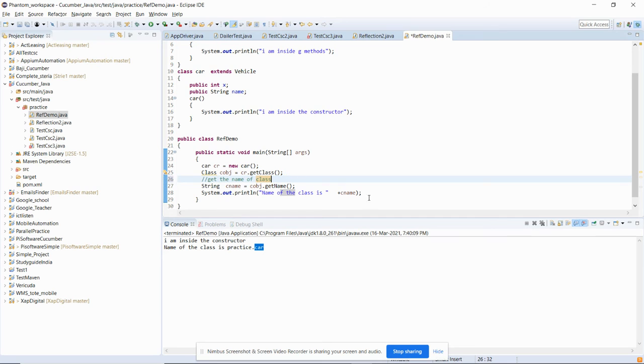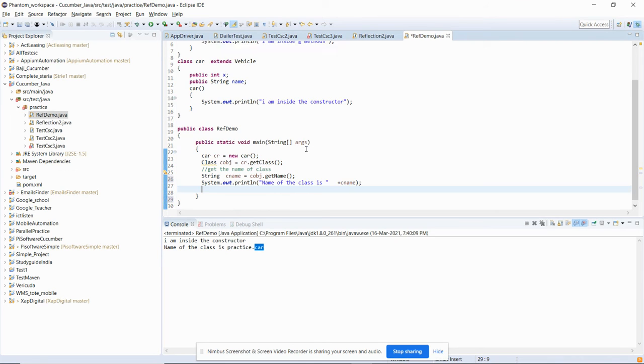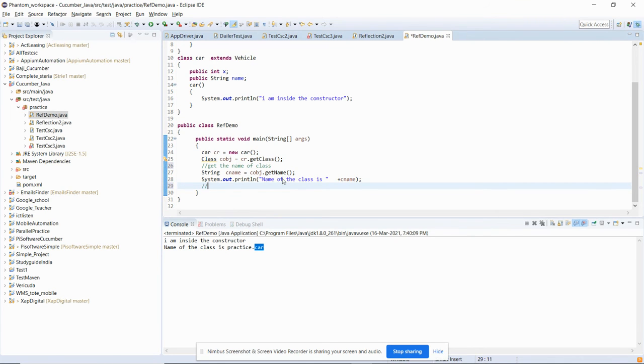Now I want to know the name of the super class, because we saw that the class is extending the Vehicle class. So if we want to get the super class, what will we use? Again we will use the same object we have created here.